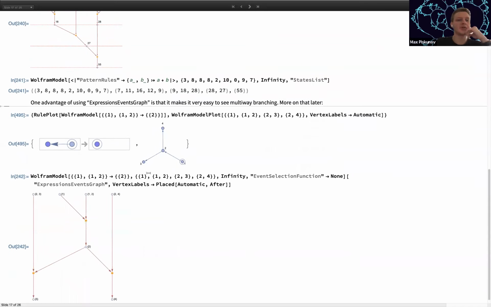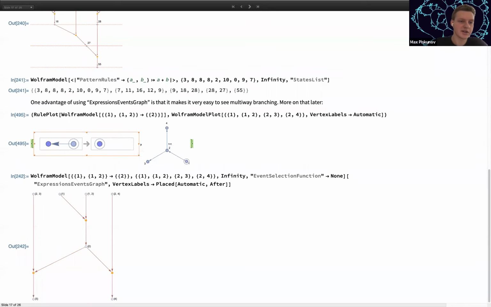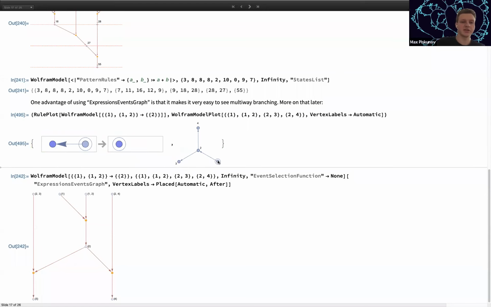One more advantage of using the expressions events graph over the causal graph is that it lets you very easily see where the multi-branching happens. So for example, let's consider a system of a unary edge moving through a directed graph. The rule just finds this unary edge and the directed edge it can go to, and it moves it to its destination. Then if you start with an initial condition like this, where you can see there are two possible ways this unary particle can go,